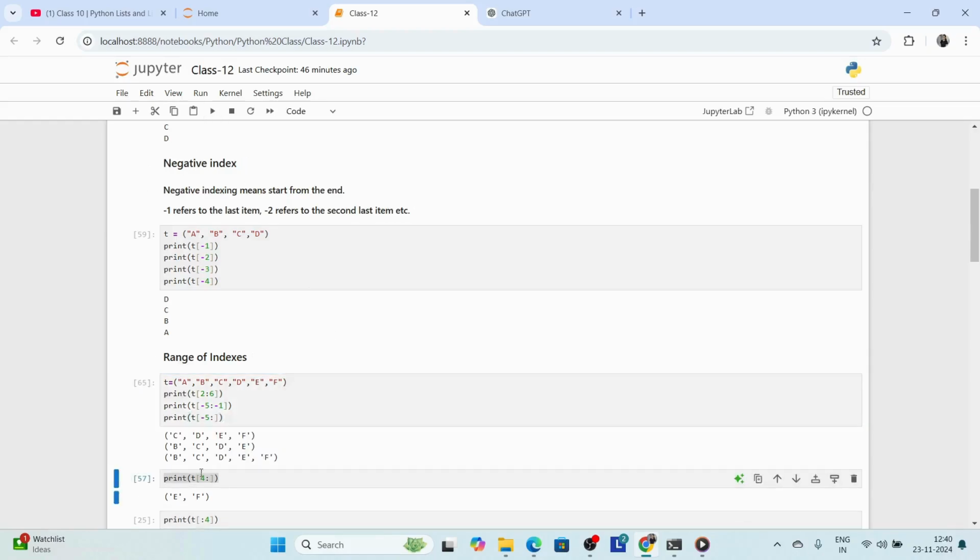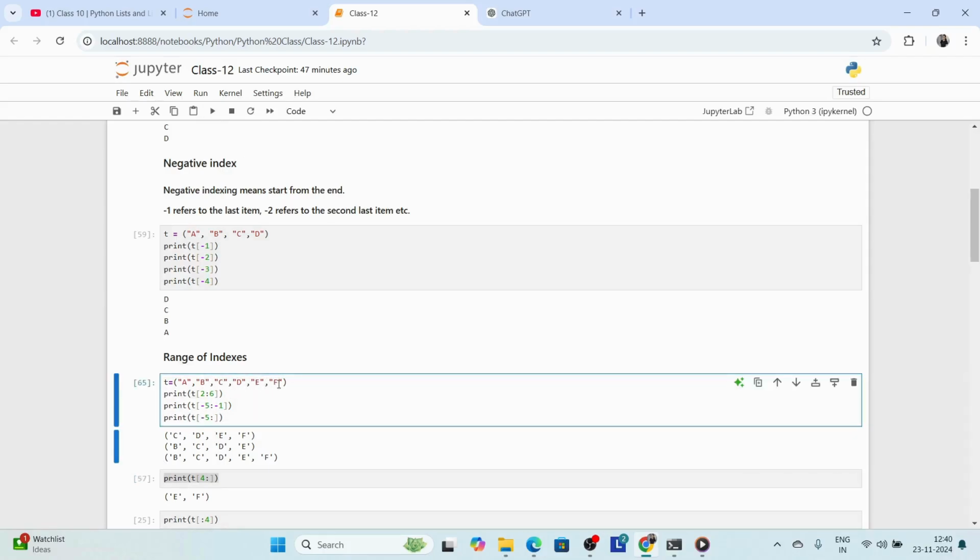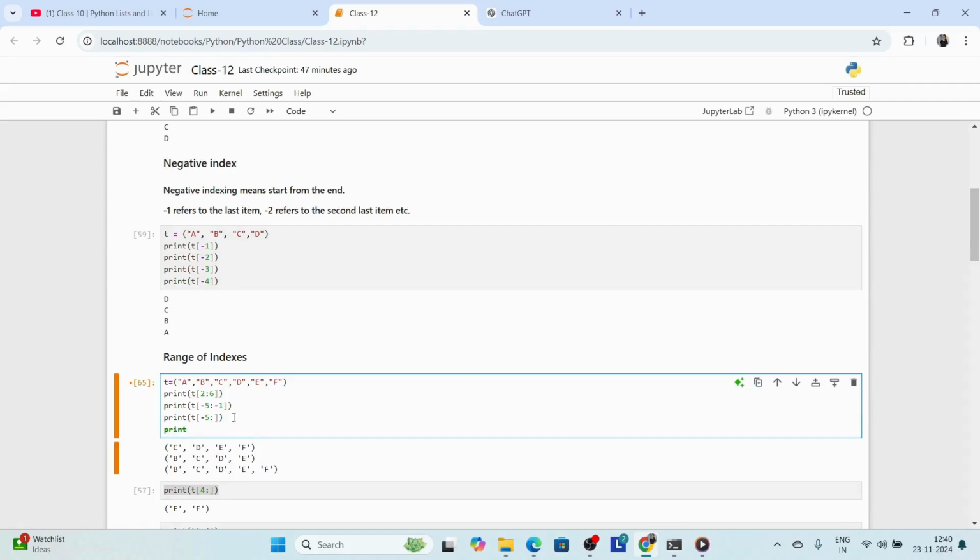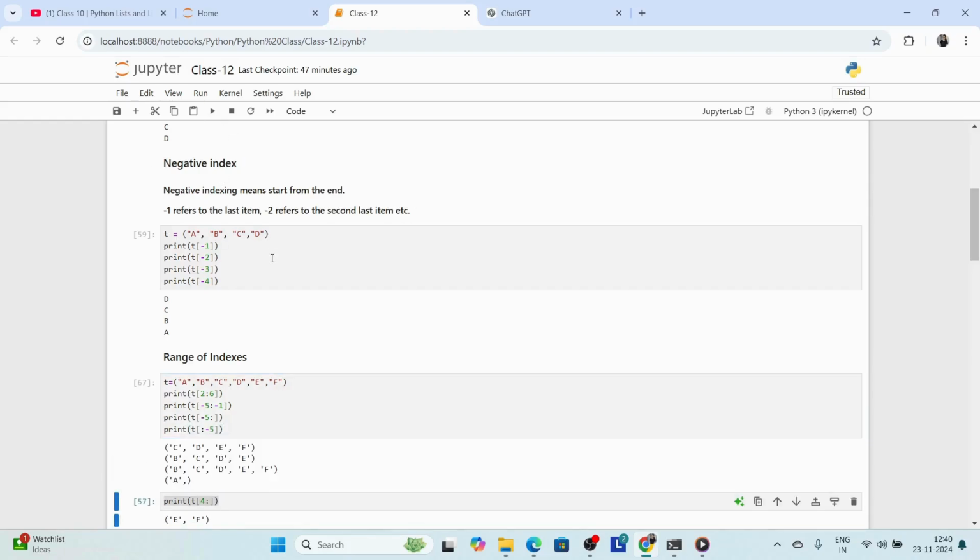Then we can run this. -5 is B, till the end, then we can get till F. If you just change this code and use -5 here and run this, what is the answer? In this we can use -5, meaning -1, -2, -3, -4, -5, starting from -5 till the end, so we can get A only.